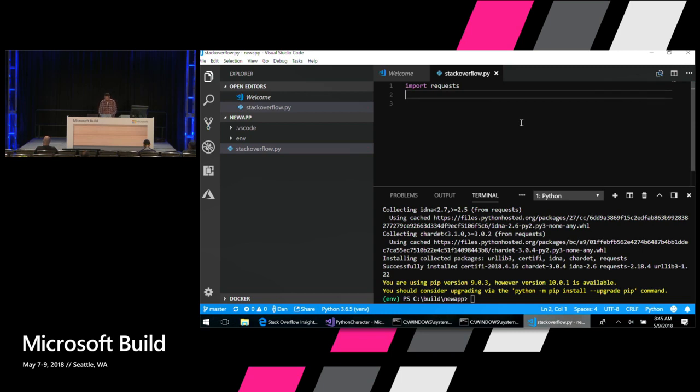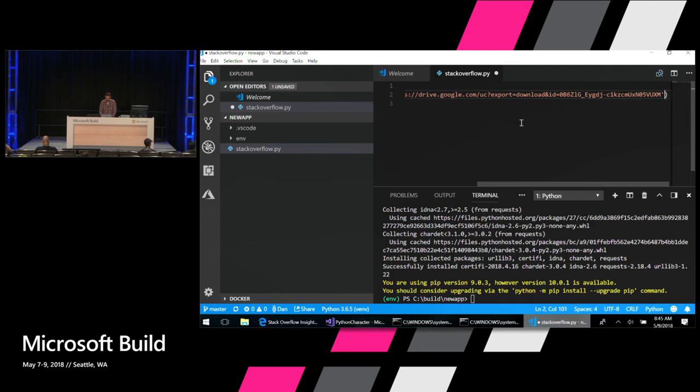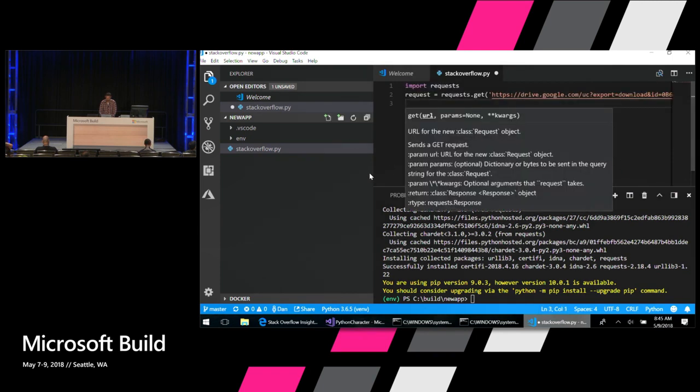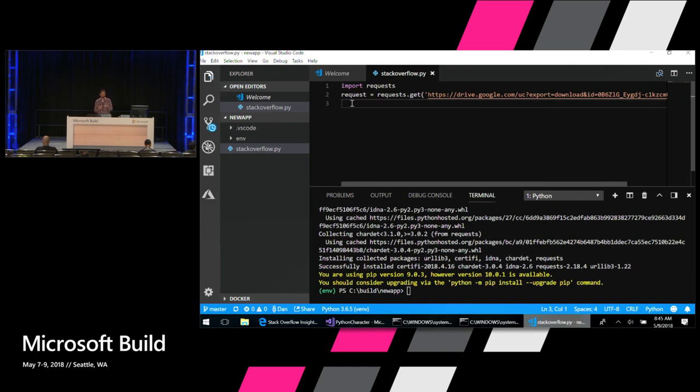All right, so let's download this file from Stack Overflow. I'm going to say request equals requests.get, and I just put this URL in there. That will create a web request to download the file. And now I need to save the file. Python's got a really nice file API. To save the file, I can just type with open